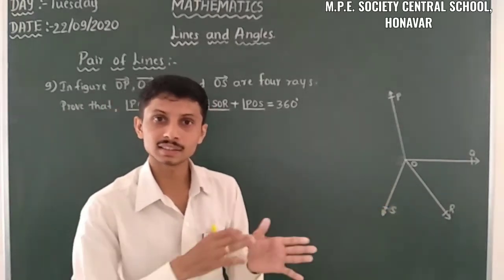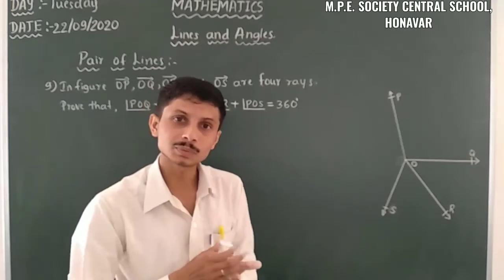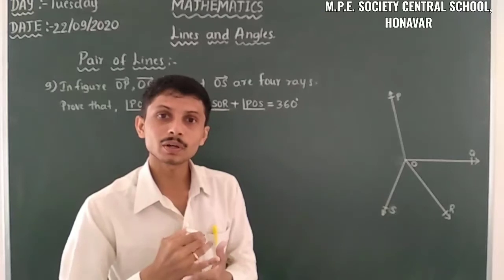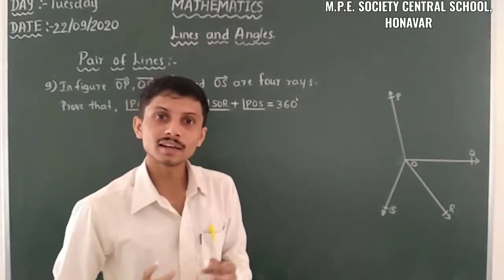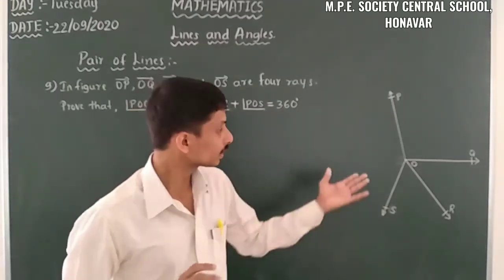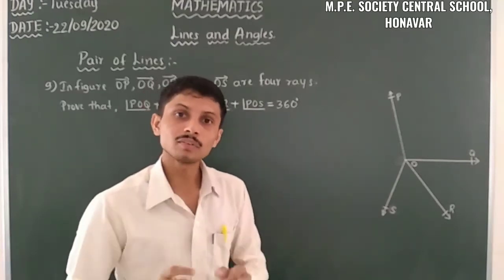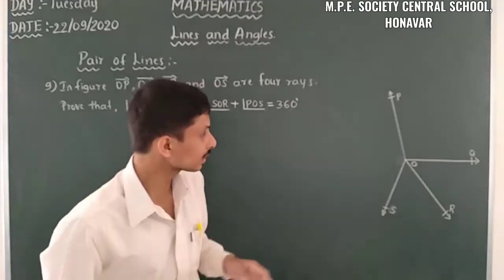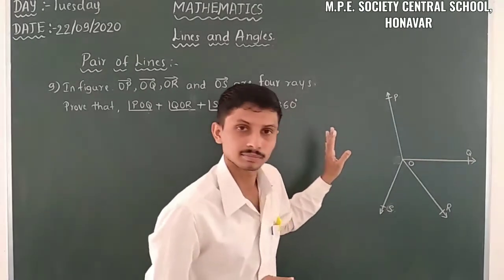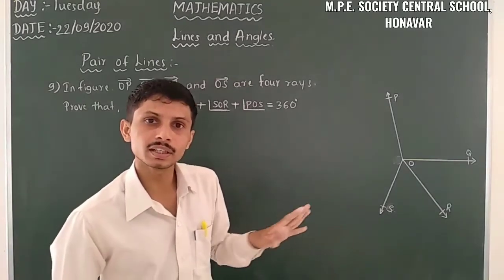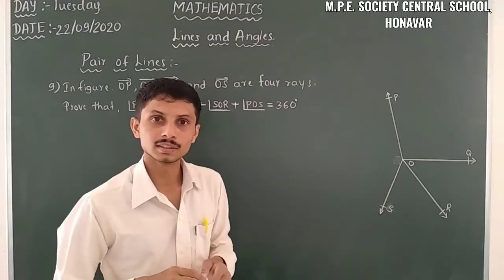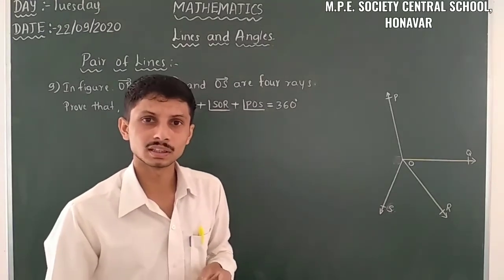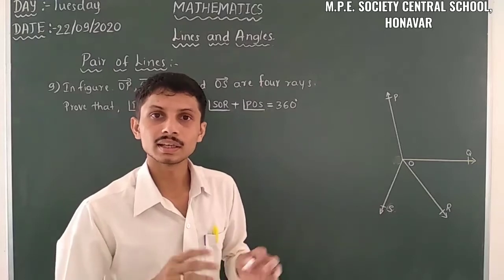In all the cases, axiom 6.1, axiom 6.2 and theorem 6.1: in axiom 6.1 and 6.2 we want a line and a ray standing on it, but here there is no such case. Then for theorem 6.1, we want intersecting lines, and there are no intersecting lines. So that's why it is very difficult, I think. But when we take a construction, we can easily proceed.